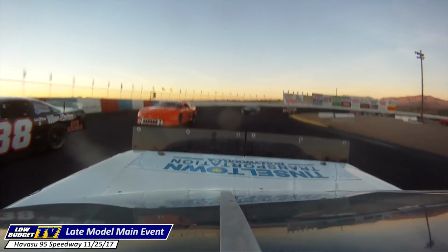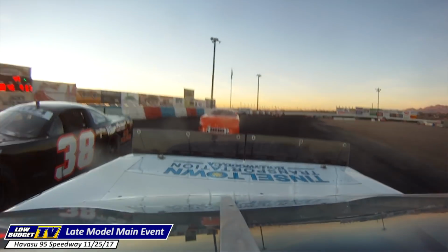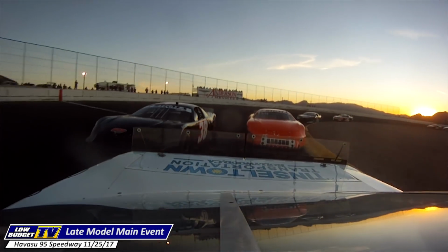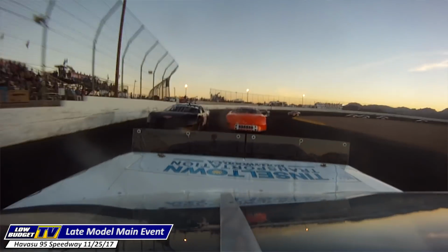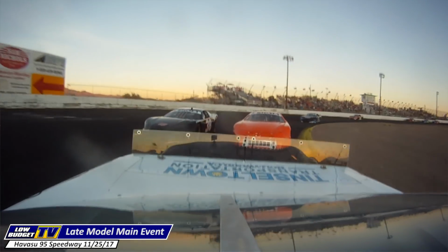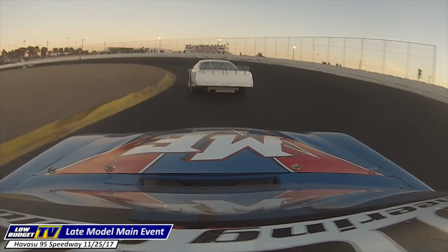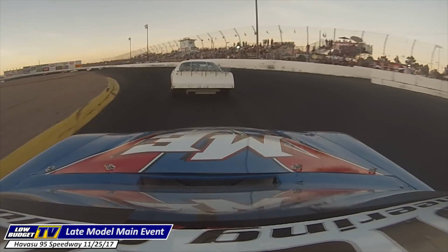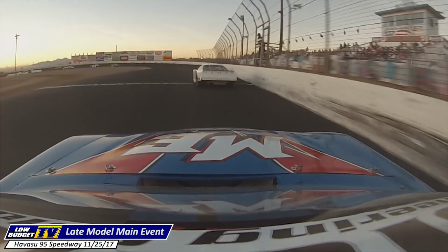But I guess it works if he passes in front of cars. So Woodside right now on the rebound. There's a lot of lap traffic for Lenny White though. He's just trying to get around that Mark Allison machine, the 5. Halfway in this one. 50 laps in, 50 laps to go. I thought Lenny White was going to start